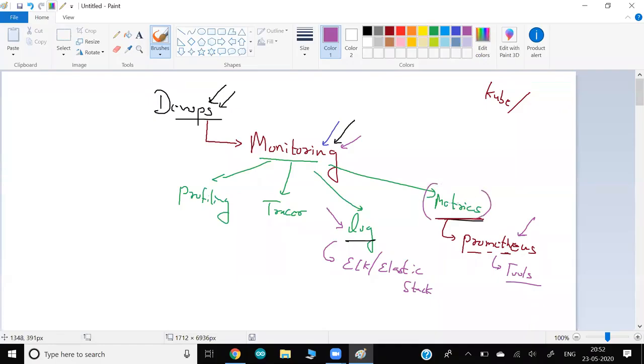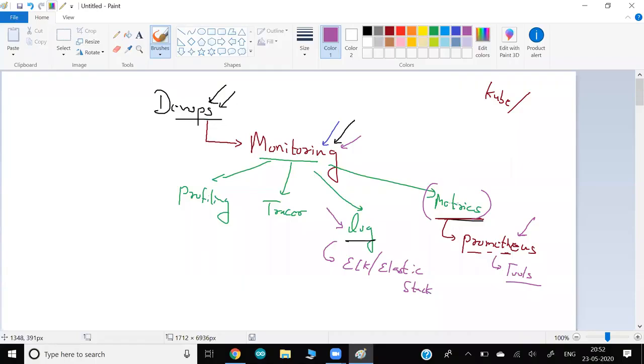Okay, so today, guys, my plan is, and this tool is very important if you go for any of the great core job profiles. 90% in the great profile, or maybe more than 80%, they always want a DevOps engineer to be skilled with the Prometheus tool. Before I jump to Prometheus, I would like to first explain what is monitoring.